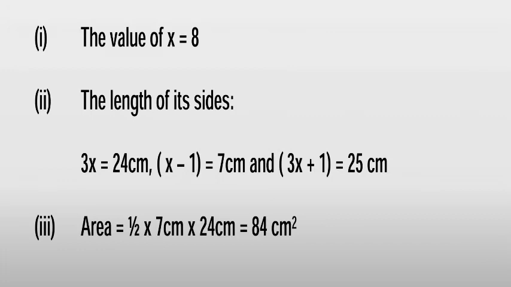How to find out the area? Already we have done in the first problem, that is area of a right angle triangle is equal to half into the product of the two sides which contain the right angle. In other words, the product of two sides other than the hypotenuse. Hypotenuse will not be considered to find out the area. So half into 7 into 24. So the value of area will be equal to 84 square centimeter.